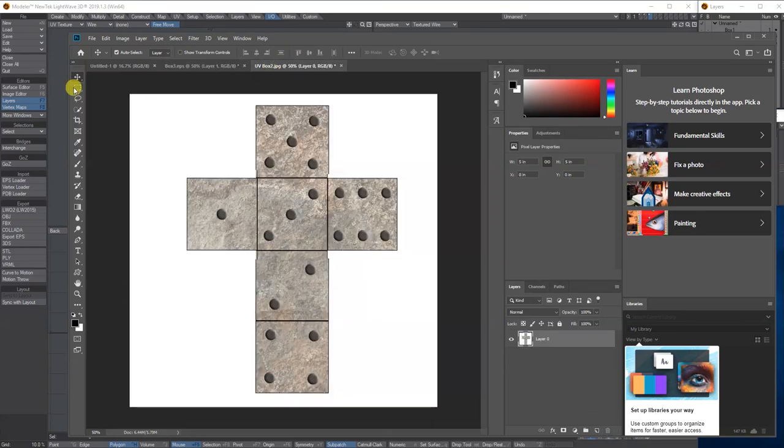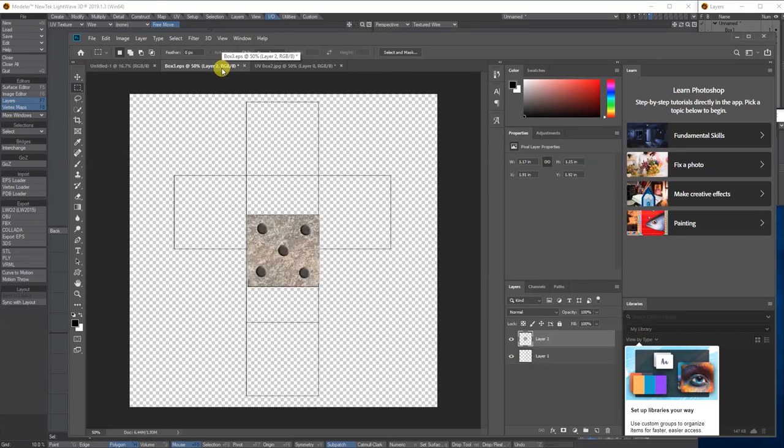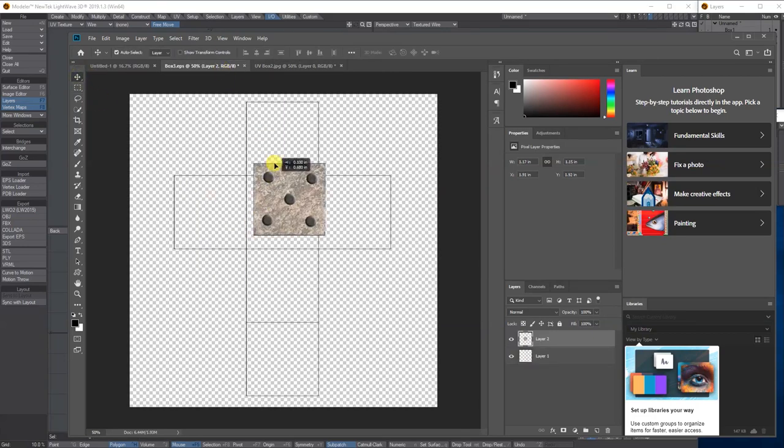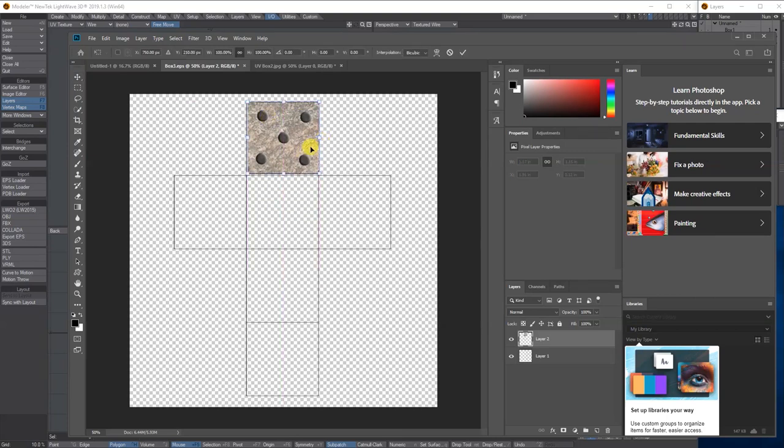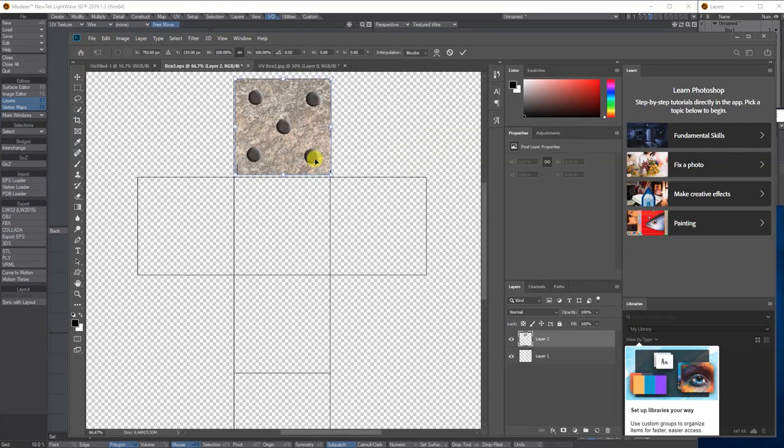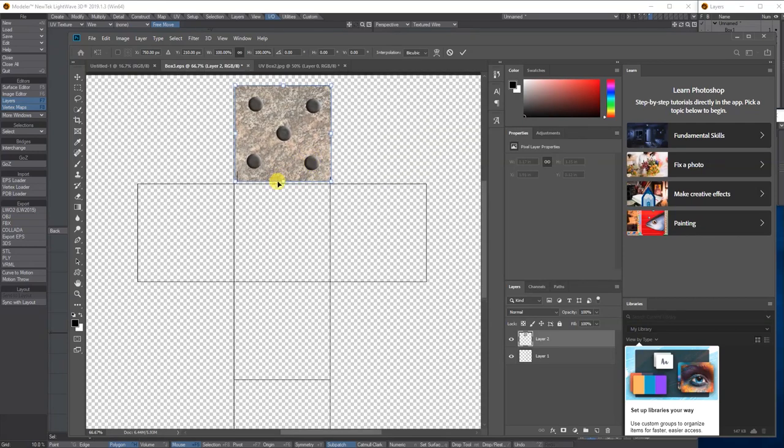you would maybe select each bit like so, copy it and paste it in, and then place it into the box that you want, free transform it. I'm holding shift so I can just pull each side.